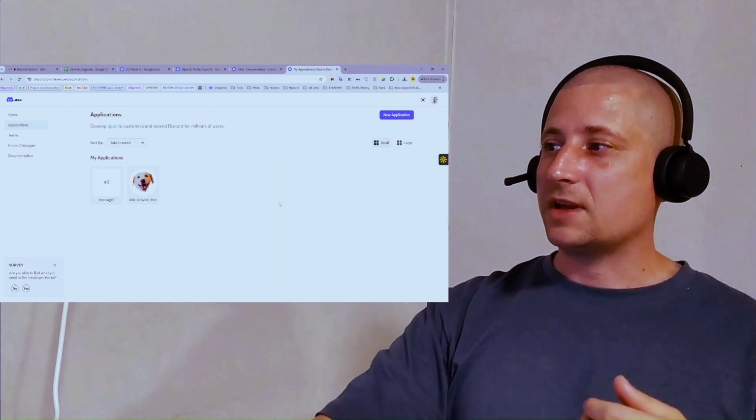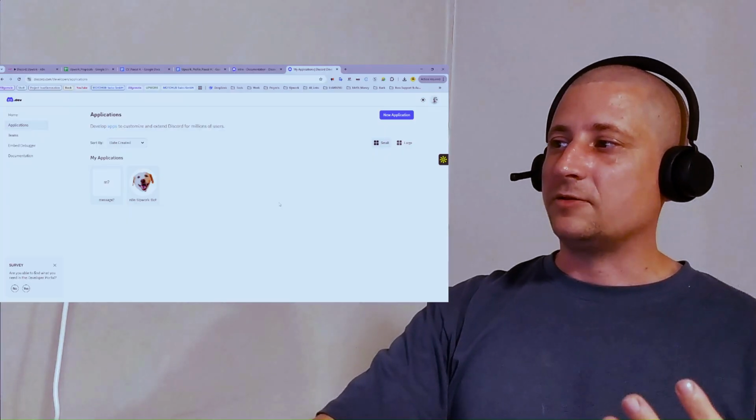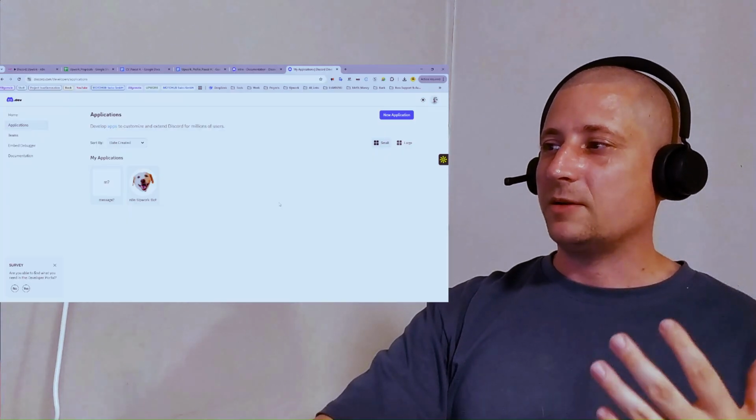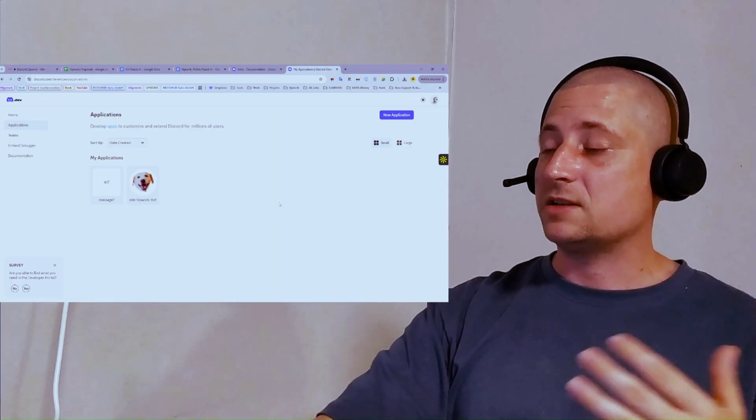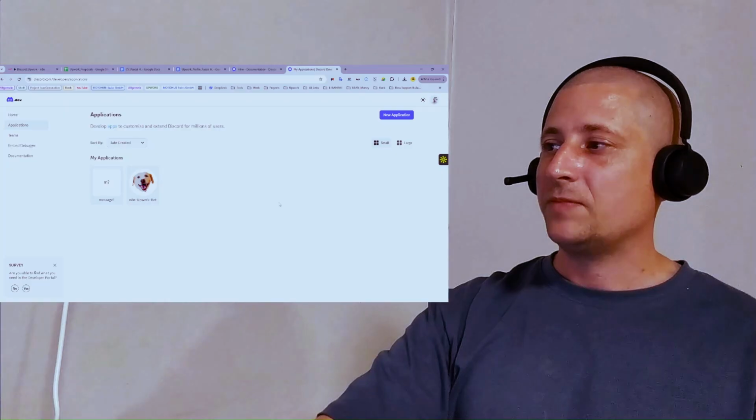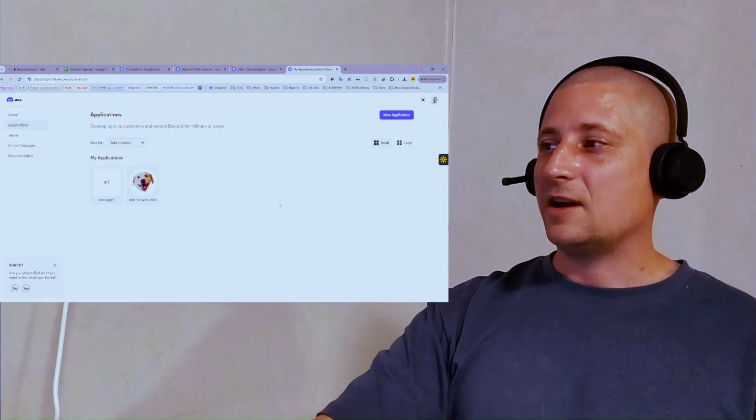So I hope this was helpful. Maybe it's interesting to hear what somebody thinks about using Discord, like for that, where you can forward messages between different agents. And yes, I would say